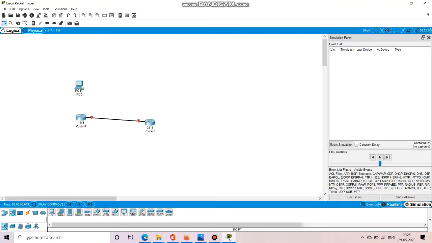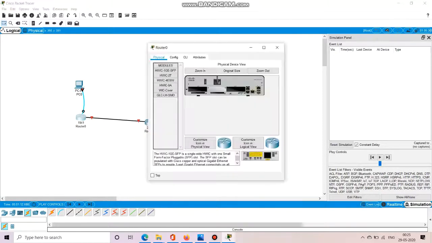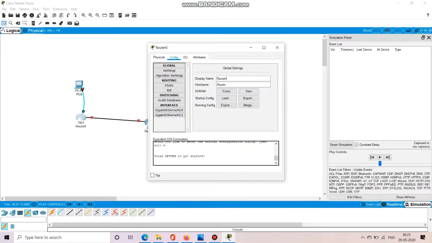See here I have selected gigabit from router 0 as well as from router 1. You can choose PCs which can be used to configure those routers. Like PC 0 I have chosen to connect to router 0, and PC 1 for router 1. And through console cable I have connected router 0 with PC 0 and router 1 with PC 1. So for the console connection you can choose the console interface.